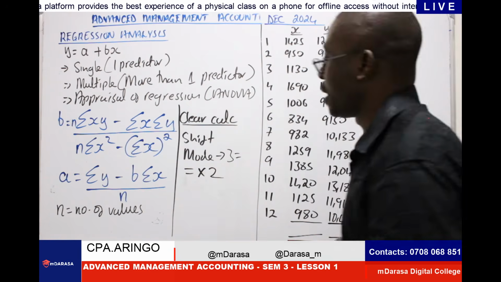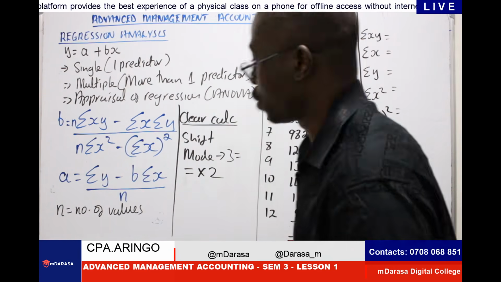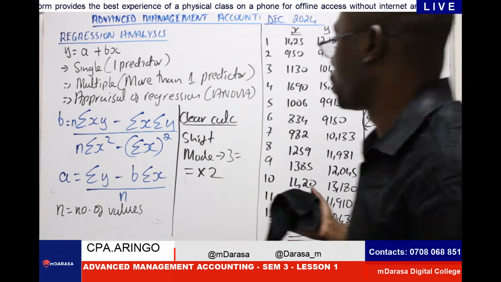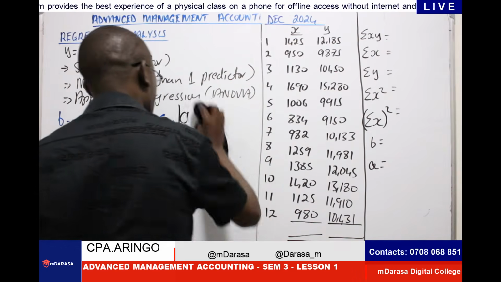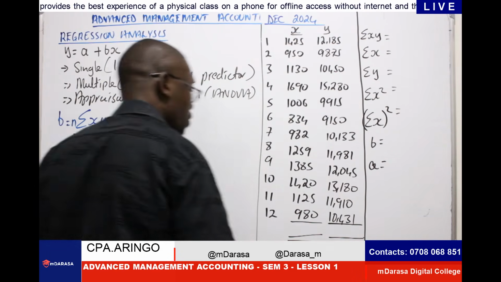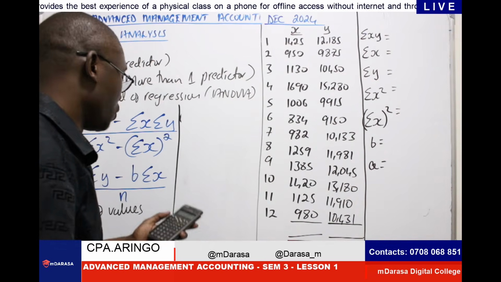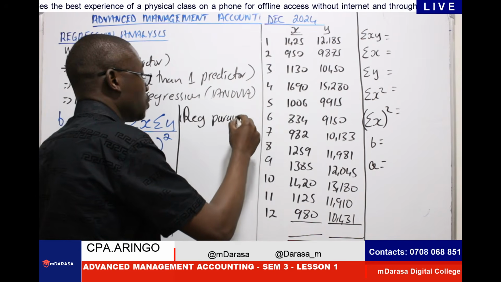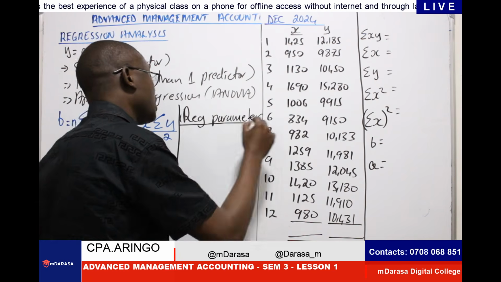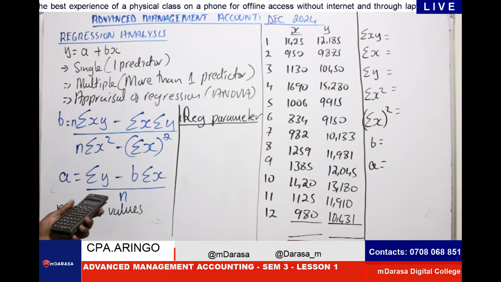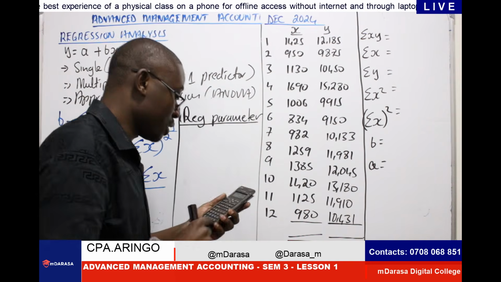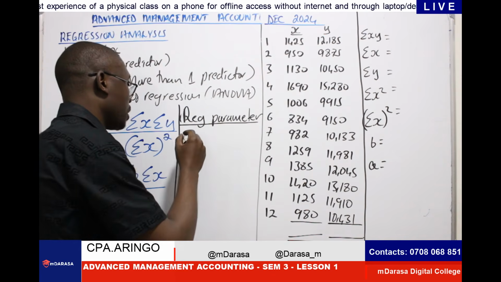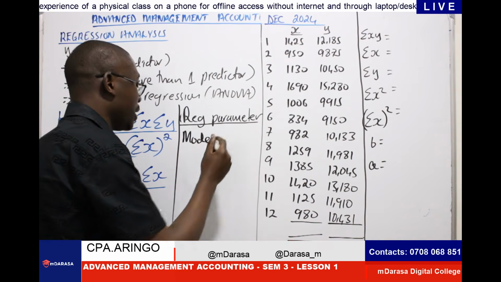The second step now is for us to input regression parameters. How will we go about that? We want to input our regression. Of course, you can always go on the video and rewind it, yeah? Regression parameter is what I want us to put in our calculator. How do you put this regression parameter? Kindly let us follow this together. You click shift. Of course, that one is to clear. So I want us to click mode. On your calculator, click mode.